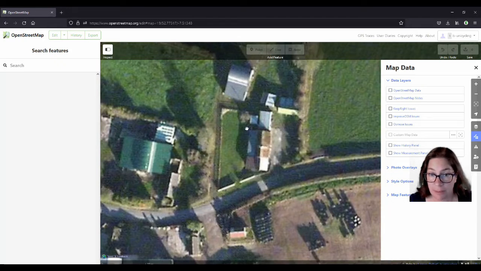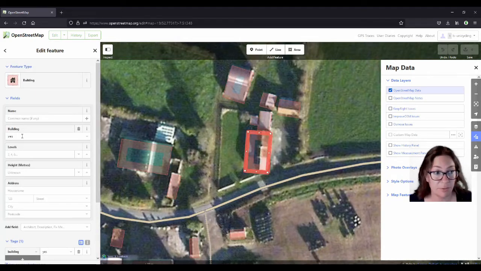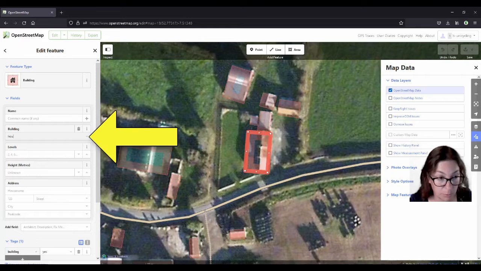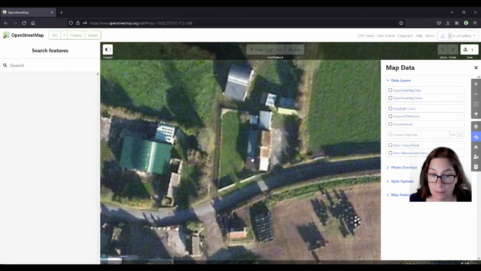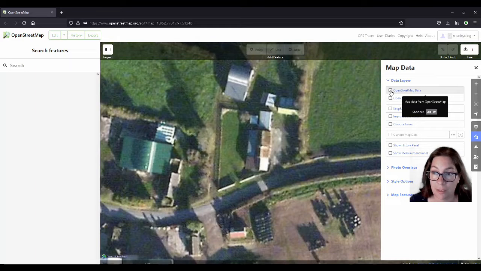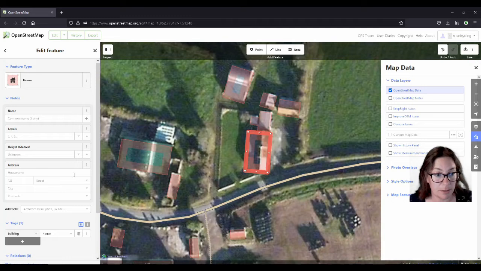So it is mapped as one building, and we're going to improve on that first of all by defining it as a house, because that is what it is. So that's the house, and it has four parts. It has the thatched part with the gabled roof. This is gabled, and then it seems to have two extensions here with probably skillion roofs. So we're going to make up this from four building parts. This will give us good practice.